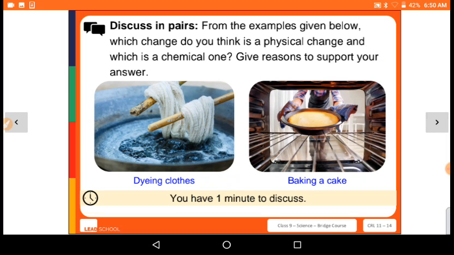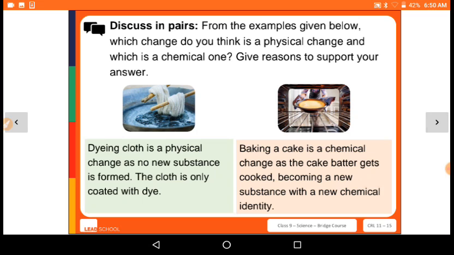Dyeing clothes and baking of cake. Dyeing clothes is a physical change as no new substance is formed, the cloth is only coated with dye. Baking of cake is a chemical change as the cake batter gets cooked, becoming a new substance with new chemical